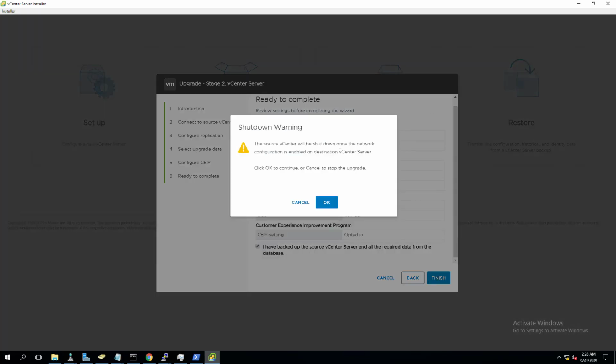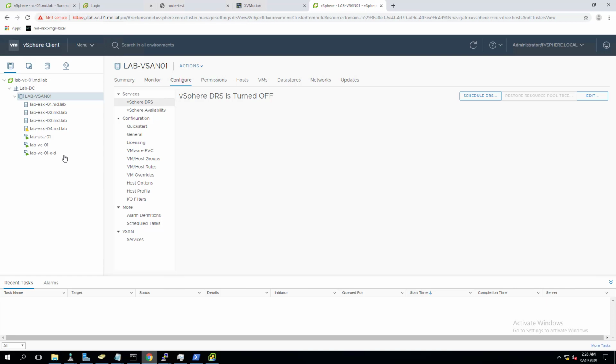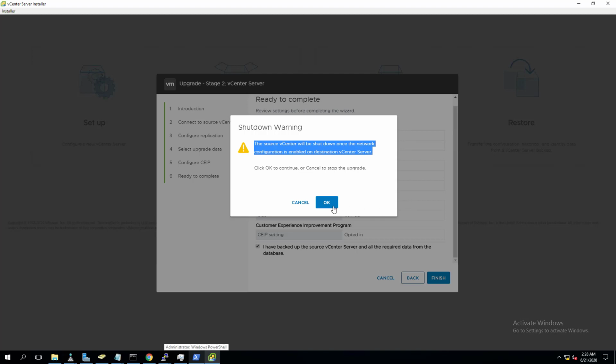So it will start stage 2. Yes, I am aware that the source vCenter will be shut down once the network configuration is enabled. So the existing vCenter server 6.7 appliance will be powered off, and the same IP will be assigned to the newly deployed vCenter server once the data copy is completed.